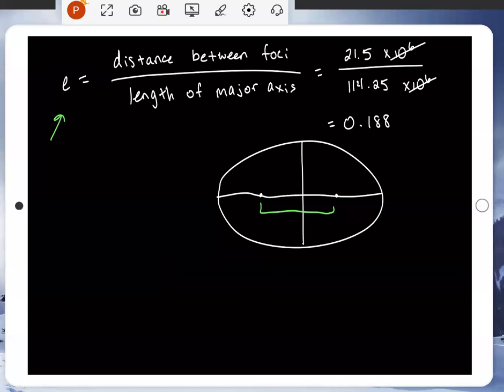So like I said, that's one other piece. It could be helpful. When E is equal to 1, the eccentricity is 1, that's a circle. There's no elongation. The semi-major axis is the same as the semi-minor axis.